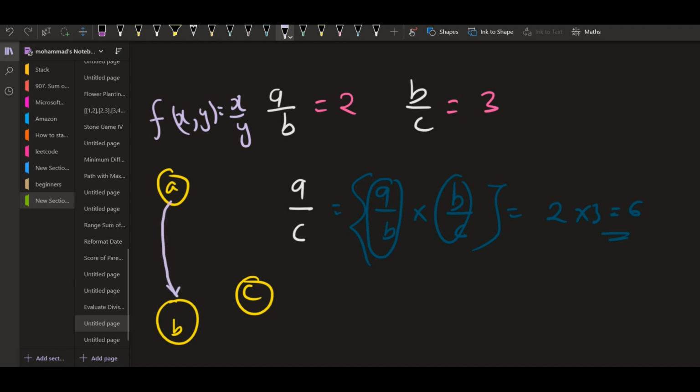So there's a relation from a to b which is the evaluation of a divided by b, and the value of this is given as 2. So this 2 is being associated with this relation, and this relation is an edge from a to b. Similarly, if we go for b to c, there's an edge and the weight of the edge would be 3.